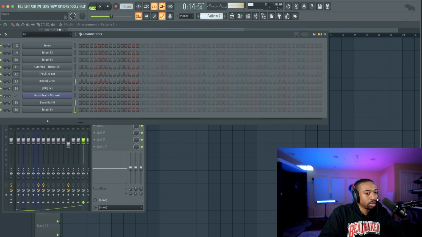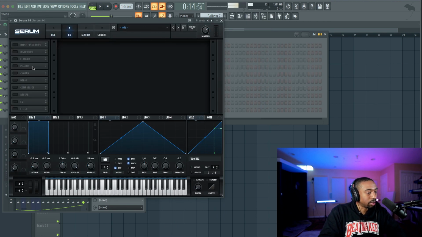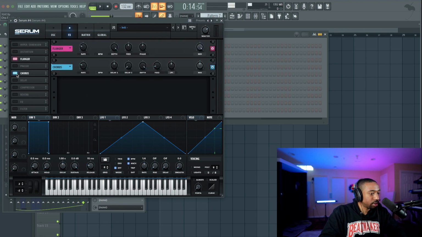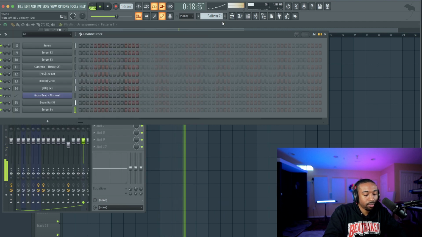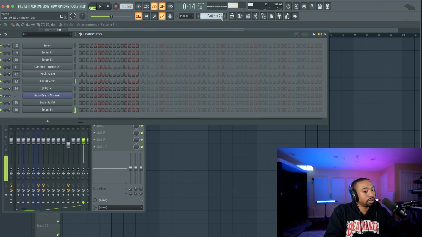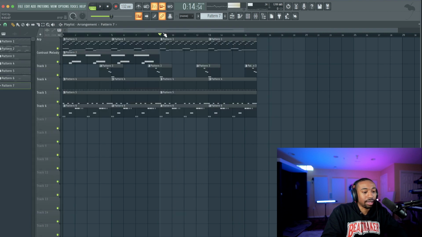Okay, so first thing I like to do when I'm trying to create a new melody, instead of thinking that you need a new waveform, sometimes you just need effects. So let's go to the effects first. I'm going to turn on flanger, chorus, delay, compressor, and then the reverb. So now you're thinking in a whole different way when you write notes. Normally without the delay, I wouldn't play it. But now that I have that delay, I can actually hear what it sounds like.